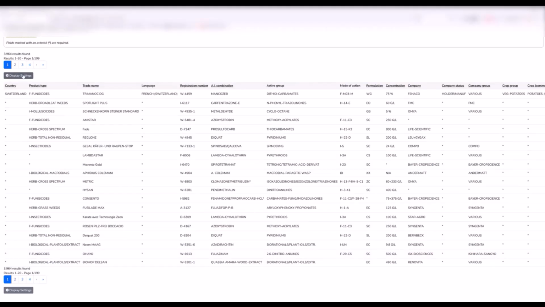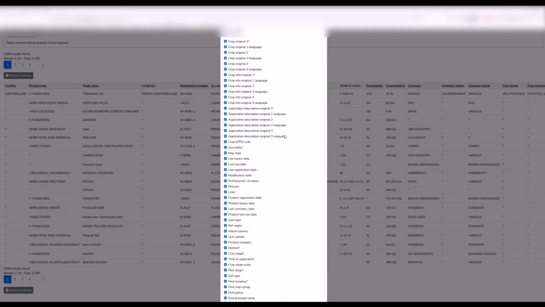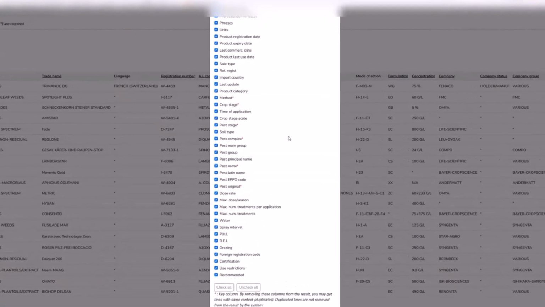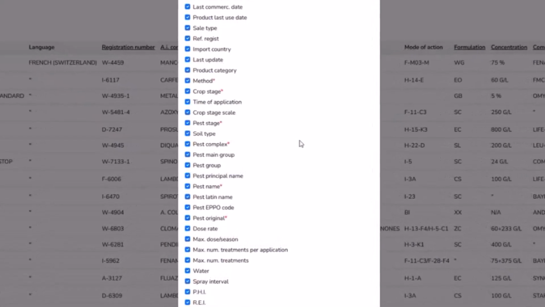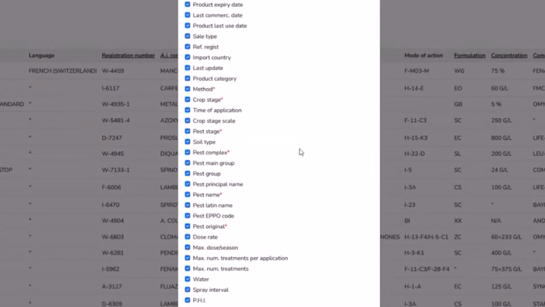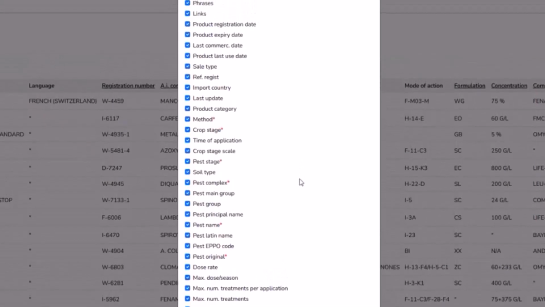Then here you can see that I am able to visualize the whole different fields that we have available in this module. In my profile all fields are checked, but let us say that I would like to customize this view. I have something way simpler, and I am able to visualize all this data in a different way.